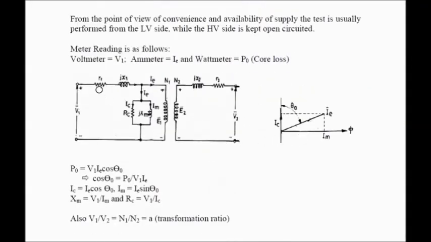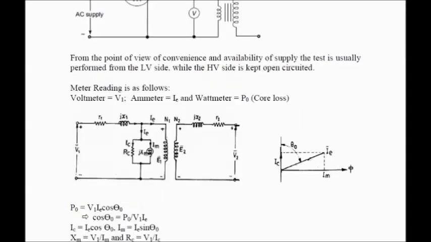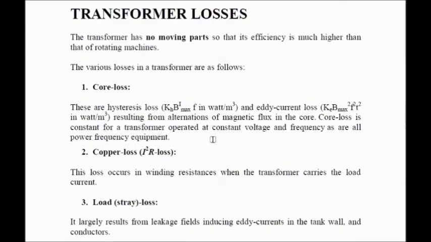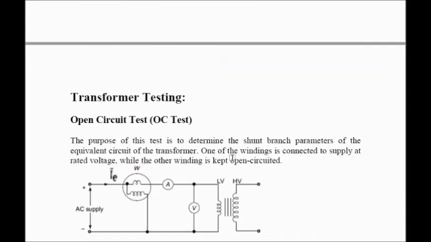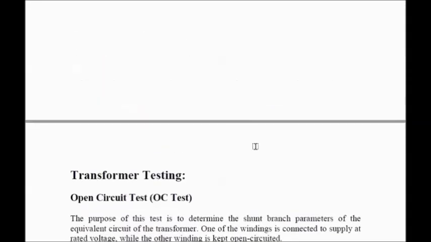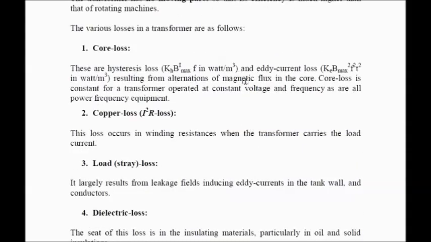like this circuit components. This R equivalent, when referred to this side or this side, we will have R equivalent, X equivalent, RC and XM. So OCSC tests are used to calculate these circuit parameters and also the turn ratio of this transformer. So let's